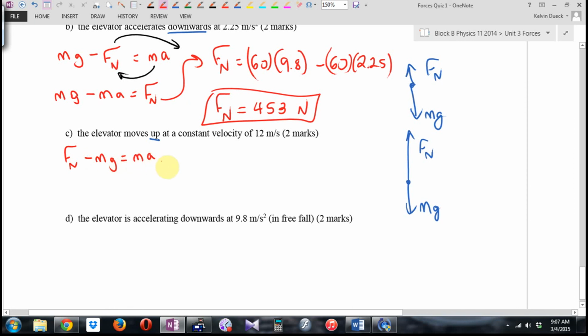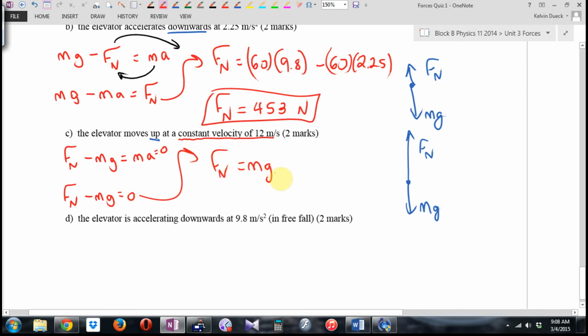Now, the key concept here is that. What does that mean if you're at a constant velocity? Not accelerating. So as a number, if I said, tell me the magnitude of the acceleration, you would say a equals 0. What it's really telling you is a equals 0. So what's 60 times 0? Really, you have this. And if I plus the mg over,